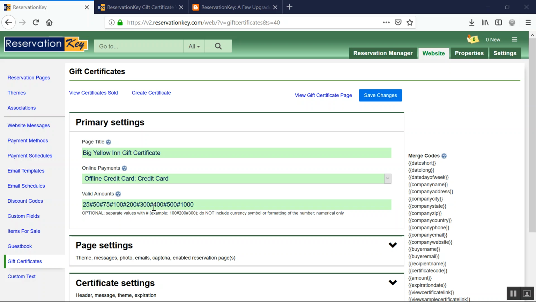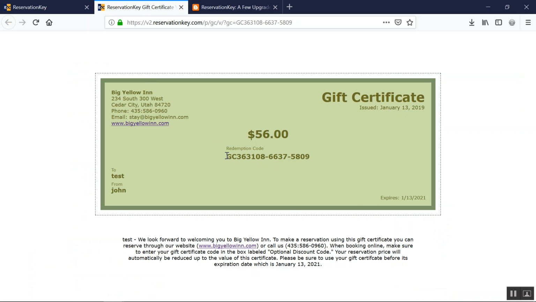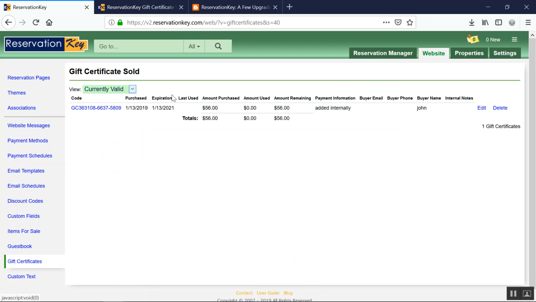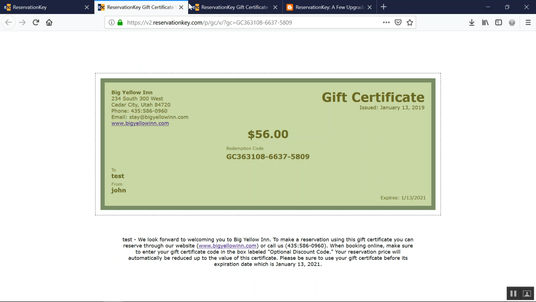A gift certificate number is needed in order to pay for a reservation. The recipient would either have their number once they receive the certificate, which is this number right here, or it is possible to click View Certificate Sold in order to retrieve these numbers. You can also click on it and that will open up the certificate as well. So copy this number